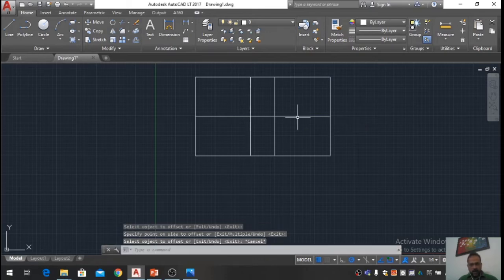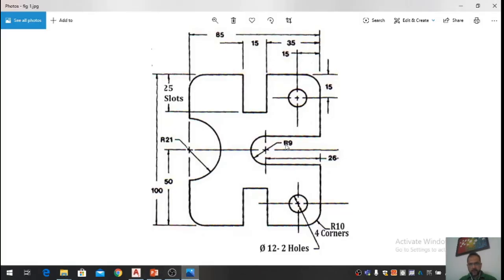And last, if we have a look at the figure, we have to offset this line at 9, because this is R9. Or we can just do it in another way also, so I'm not using offset here.